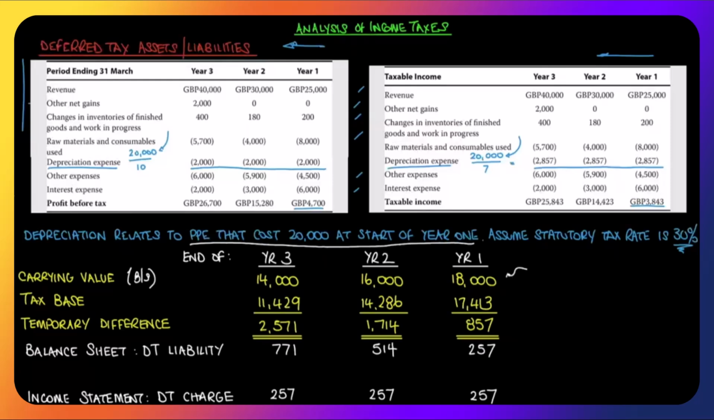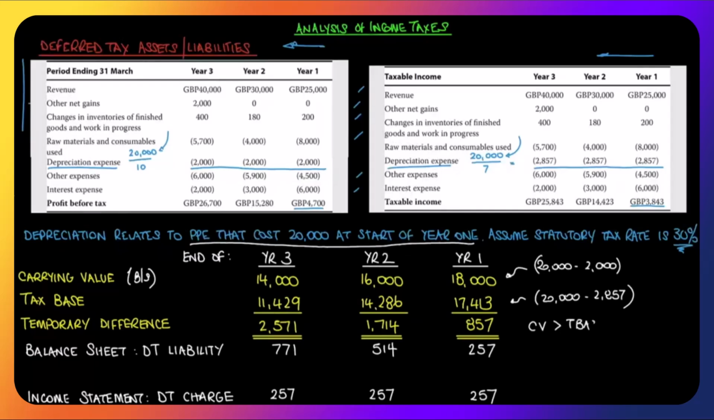Year one, $18,000. It cost us $20,000. We've charged $2,000 in depreciation. The tax base cost was $20,000. In getting to taxable income, we allowed depreciation expense of $2,857. That leaves a tax base of $17,143. At the end of year one, the carrying value is greater